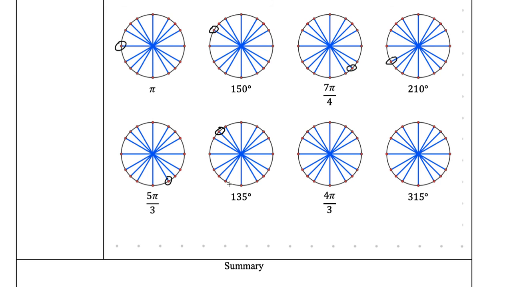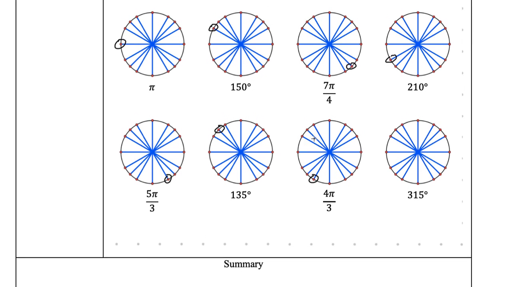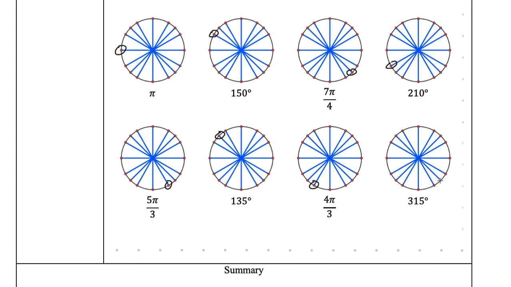4 pi over 3, very similar to 5 pi over 3, just going backwards a third. And it is in that third quadrant because it's slightly more than 3 pi over 3. It's 4 pi over 3. 3 pi over 3 would have been right there. And finally, for the notes, we have 315 degrees, which is going to be right here because it's 45 degrees away from 360. So there's a lot of tricks, a lot of patterns, but it's